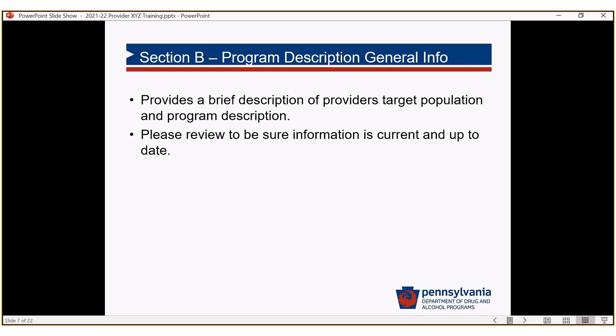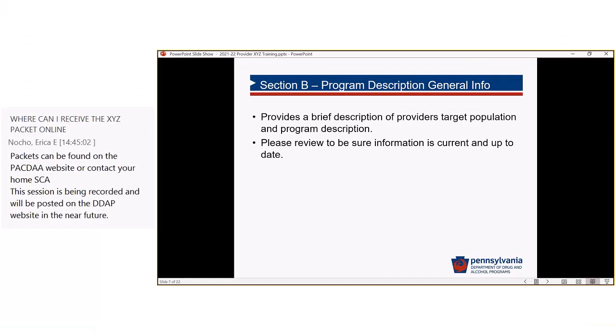We ask you to give the SCA the name of somebody that can be contacted for issues relating to contract compliance or program monitoring, audit issues. We ask you to name somebody that can be contacted for oversight of the provider or the facility on a day-to-day basis. So that's just some basic information or demographics about the program that you are requesting a rate for.